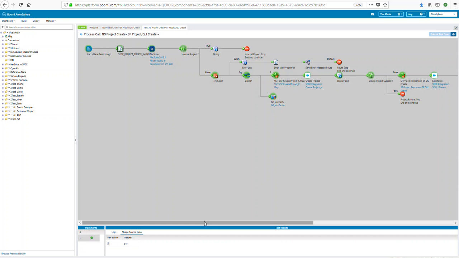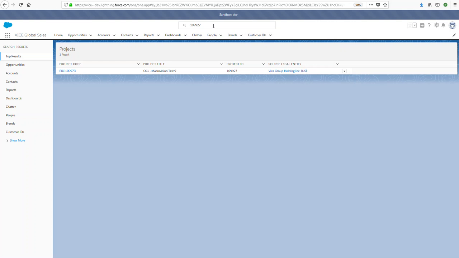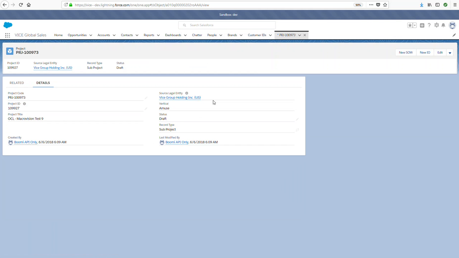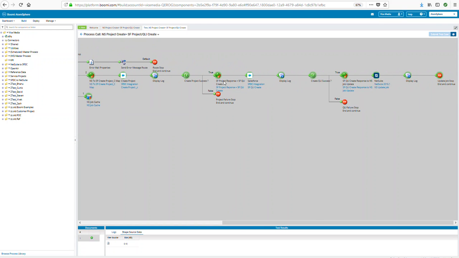So if we go, the first thing it does is build a project. So if we go and search for a project, we find the project here. Then the next thing it does is build a quote line item. Right here, and